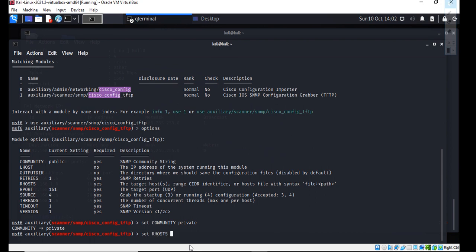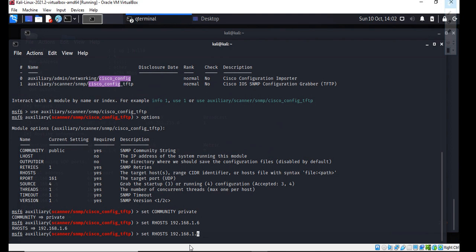The target IP is 192.168.1.6. This is our target IP address of the router, and he also needs to get the reverse connection to his attacker's device. So he'll be mentioning his own attacker machine's IP address, which is 192.168.1.5,